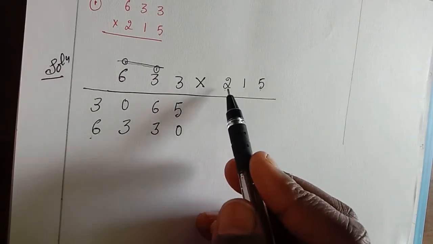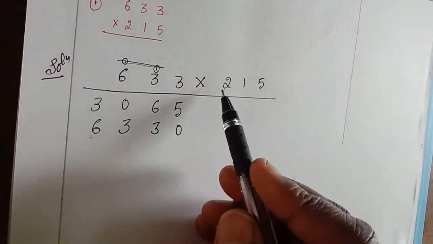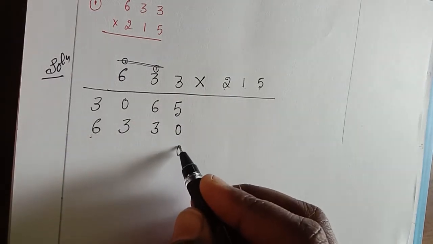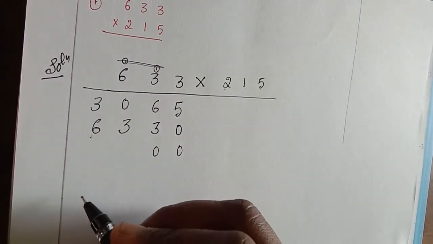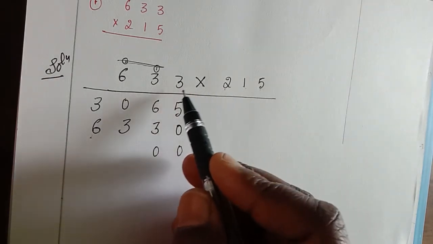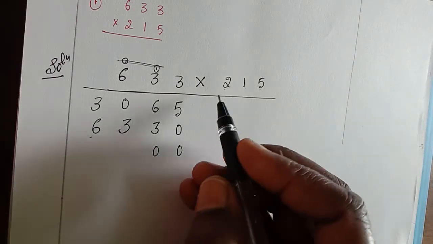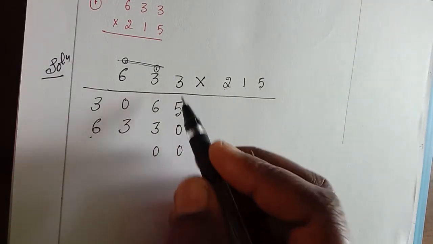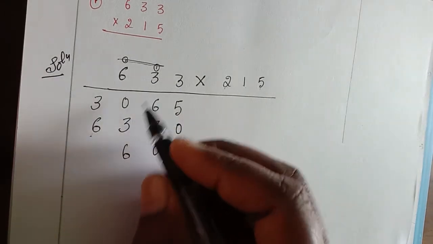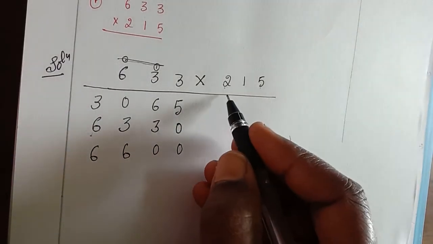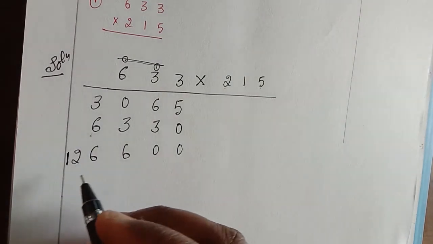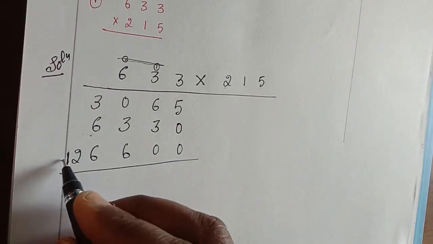We have to multiply by the hundreds place. The 100 place is nothing but 2. It is 200. So that time the ones place is 0 and the tens place also 0. This is multiplication by 100. Start writing the product from the hundreds place. 2 3s are 6. So it starts from the hundreds place. 2 3s are 6. 2 6s are 12. Clear? So now you should add.